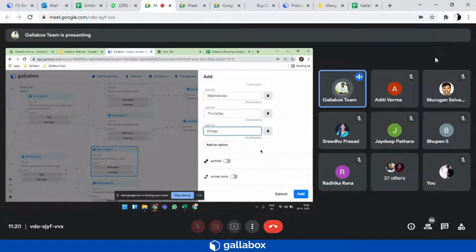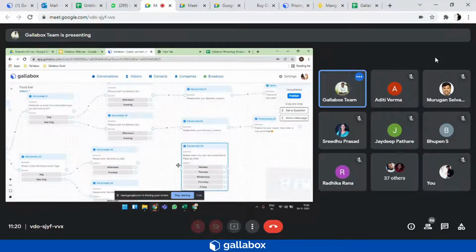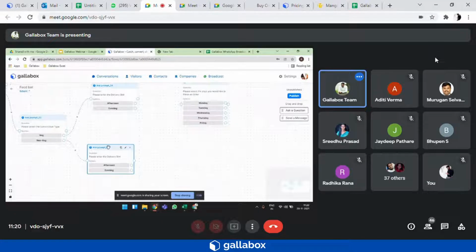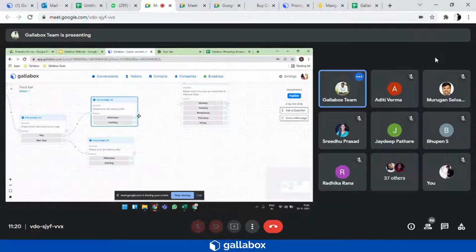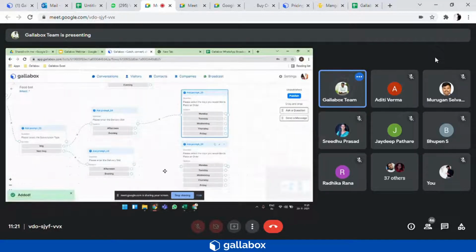Once I add all the days, I will add the particular card. So I will connect this delivery slot to the placing an order date directly. Likewise, I will duplicate the card again and add it to the non-veg option if a user selects the non-veg.